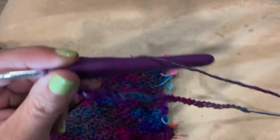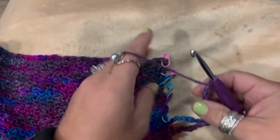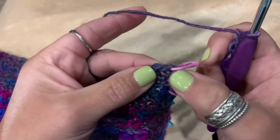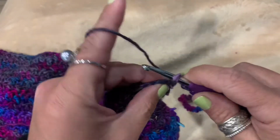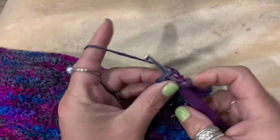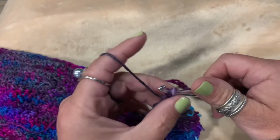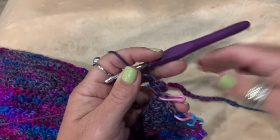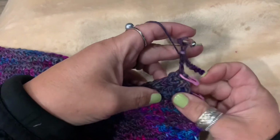So on row 32, we actually continue one more row of the lemon peel pattern. So this is the first stitch, and it was a single crochet. So now to join this chain to here, we're going to join it with a double crochet. So you're going to yarn over, go in the top. This might be a little weird, but try and keep your yarn straight. Okay, so we just joined the 32 chains to the top